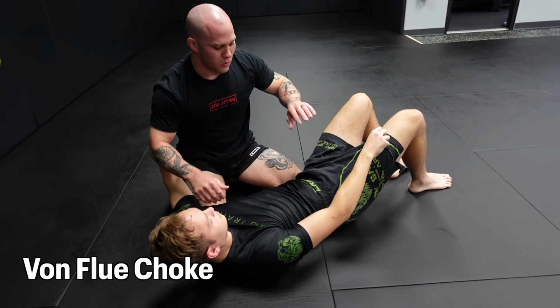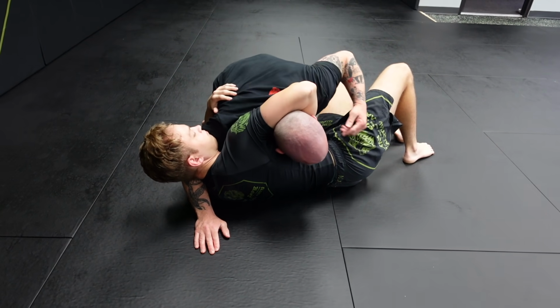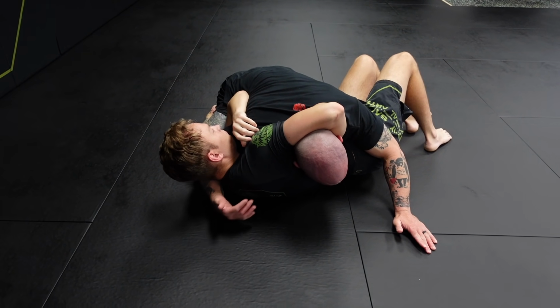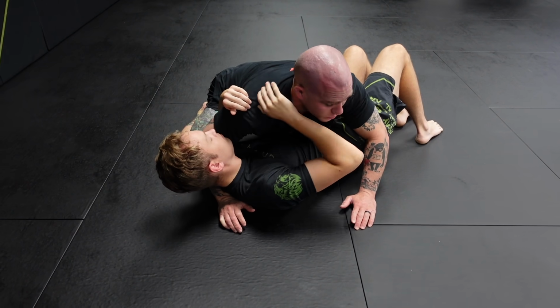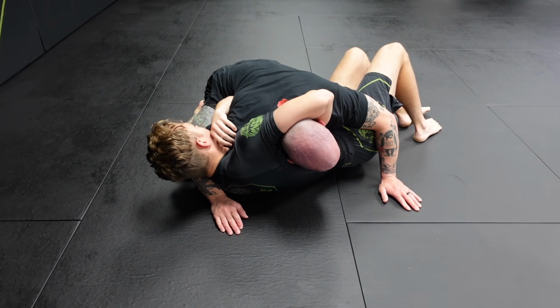Number 3, the Flue Choke, right? Somebody starts trying to trap into guillotine. I did a nice job of getting my hips to the other side, and now we're here, right? For some reason, people are still convinced that they need to just squeeze and hold onto your head, when in reality, if I get to this position, you should let go, start framing, and look to recompose, right? But nonetheless, your opponent is keeping their hand in place, so I'm gonna hit them with a counter choke, the